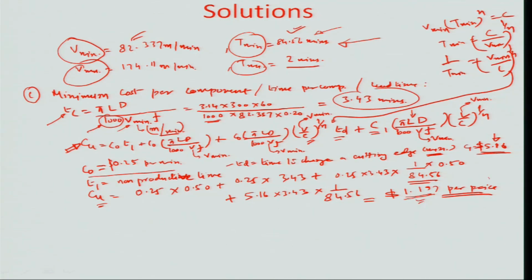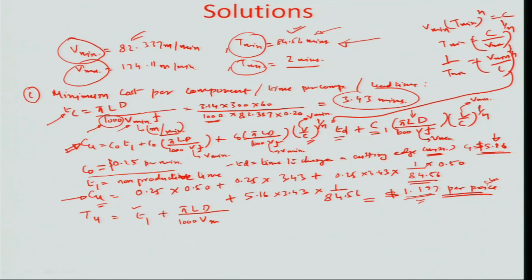Obviously, this is one kind of business situation where you really are cost driven. The other can be mostly related to the maximum production rate driven, which we will do in the subsequent analysis. So, here the production time per piece, assuming that you have a minimum cost per piece which has come out, the production time per piece can be TU. So, this can be represented as T1, the total amount of time needed for loading unloading, the unproductive time, plus the actual cutting time considering the